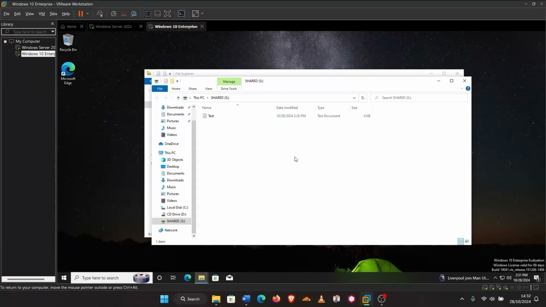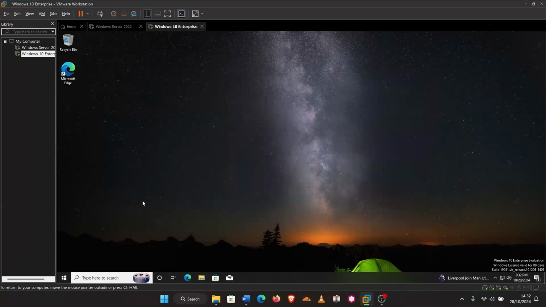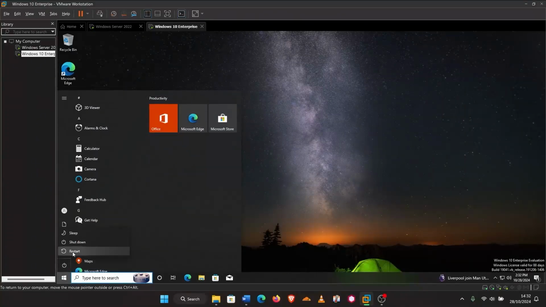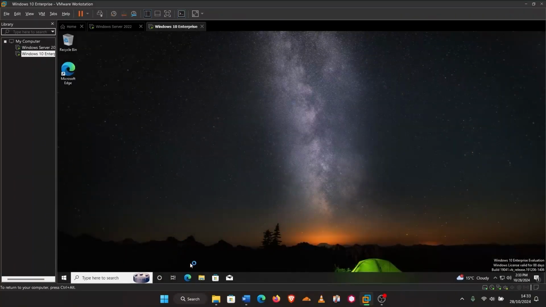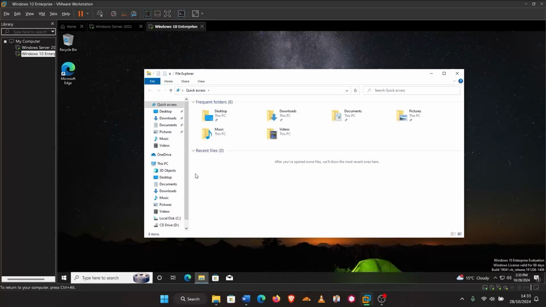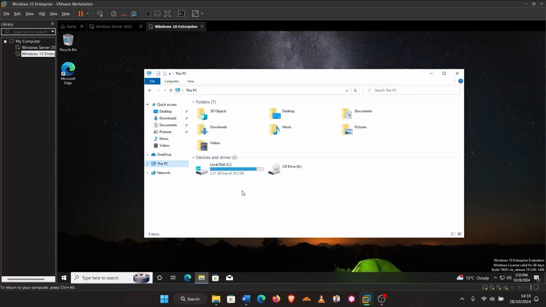However, there's a catch with this method. If we reboot the client machine, the user won't be able to access the shared folder anymore. So let's go ahead and reboot this client machine. Okay, open File Explorer, and let's go to our PC, and you will notice that the shared network drive which we mapped earlier is gone. This happens because our previous setup isn't persistent and won't save after a reboot,